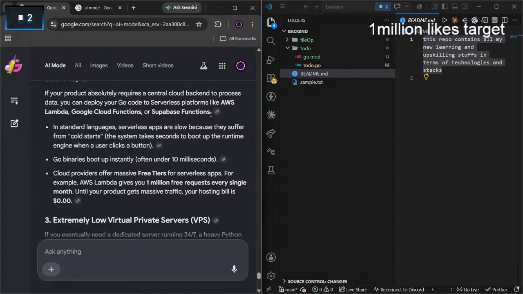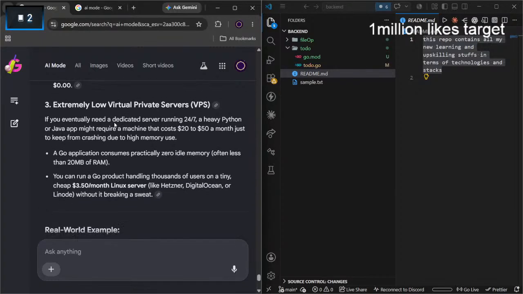Not deploying on my own server, but maybe on a third-party service like AWS Lambda, Google Cloud Functions, Supabase. Why are you saying everything as a function? Extremely low cost. Bro, Go is fire.